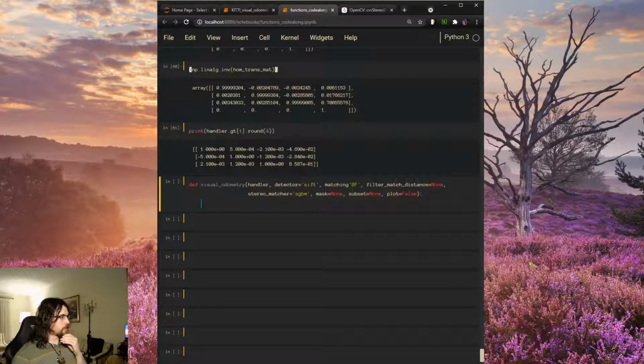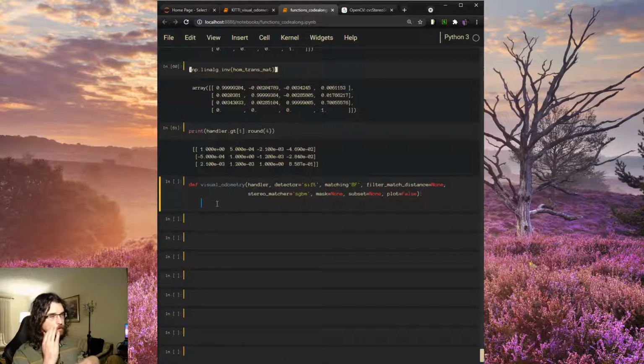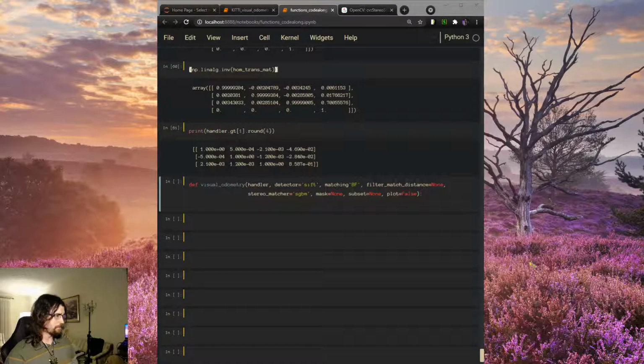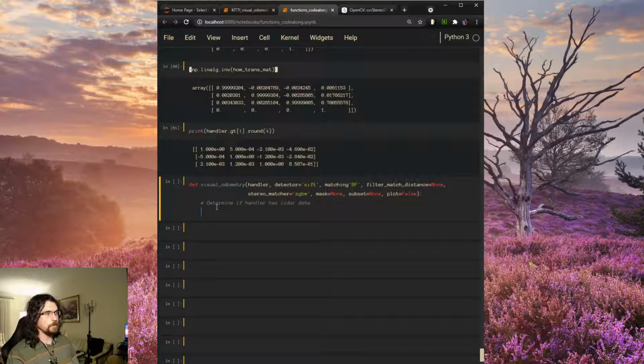I could have left some of this out, so bear with me, because the function in the notebook has a couple more bells and whistles that I don't know if I necessarily need to include here, which you can tell from the way I'm deciding what to include and what not to include. But I think I'm just going to run with not trying to mess with it too much, so that I don't generate errors. So we'll include a line here that says determine if the handler has LiDAR data, because what I'm going to do with this is